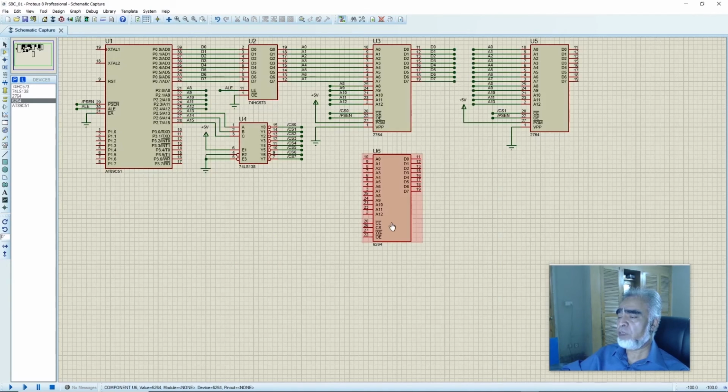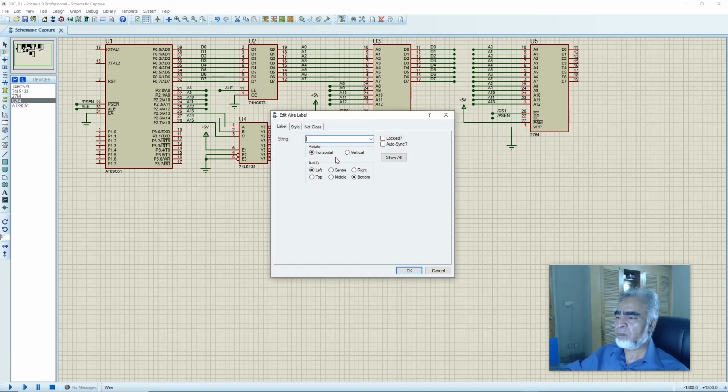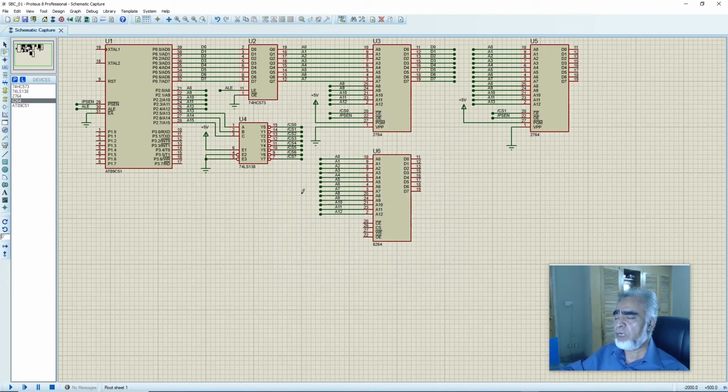and here we have the first RAM of 8 kilobytes, and this RAM also has 13 addresses, from A0 to A12. So we'll connect the address bus of the RAM, from A0 to A12, with the addresses A0 to A12 of the microprocessor. And here we have connected all 13 addresses of the RAM with the addresses of the microcontroller.